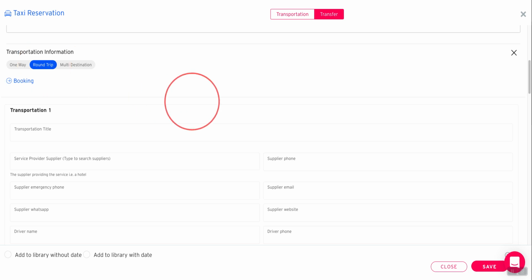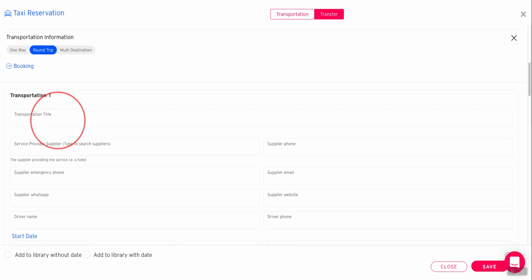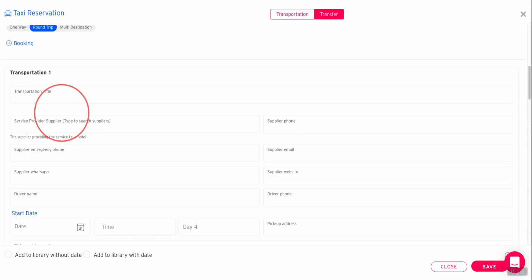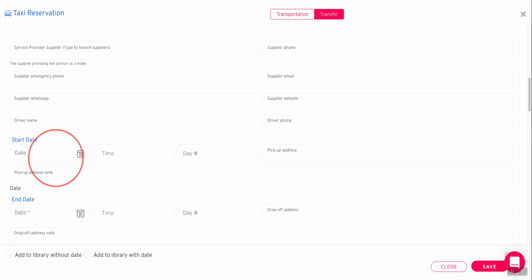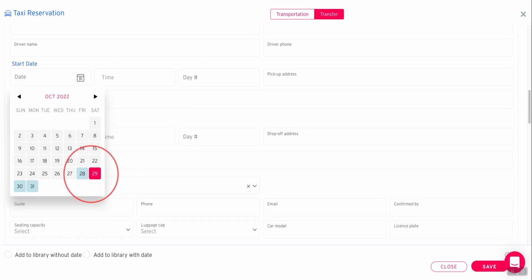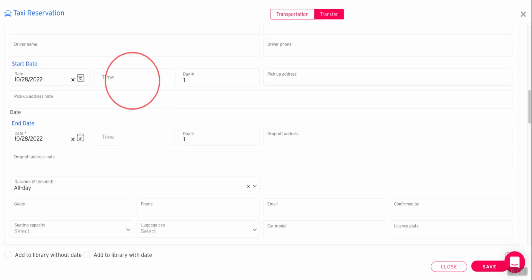So if I put round trip here, I'm going to go down to transportation 1, and I'm just going to skip the title part. I'm just going to go down straight to the date. I'm going to put the 28th. I know the flight arrives at 1855, so I have to put this in chronological order. So 1855 is 6:55 p.m. So I'm going to go ahead and put 7:15, for example,